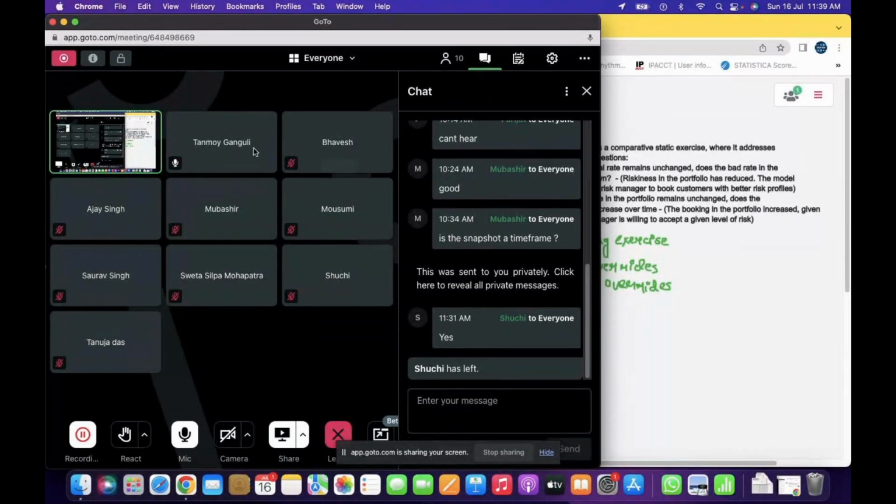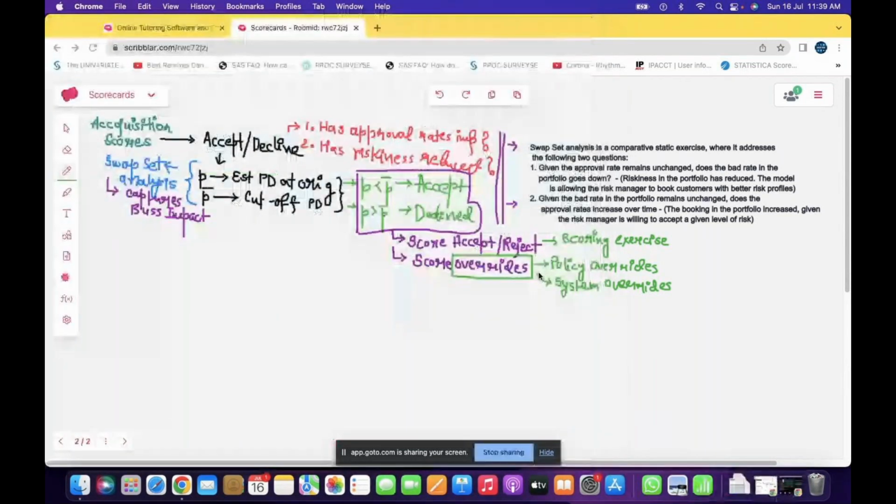Okay. So as I was saying, let's say this borrower has been accepted through the scoring mechanism, but when the manual underwriter looks into it, he sees that this borrower has someone who is his next of kin based out of Syria, who is very frequently a visitor in Syria, and he is very well connected with the family. Now, given that he has connections with people who fall in the sanction list